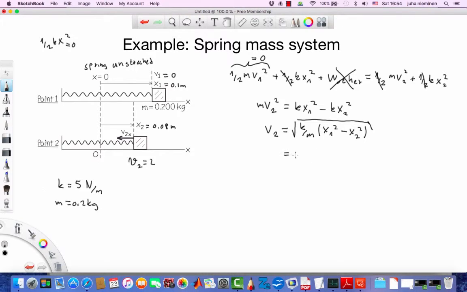So we can put the values in. 5 newtons per meter divided by 0.2 kg. And first displacement or initial displacement 0.1 meters squared minus the point of interest 8 centimeters